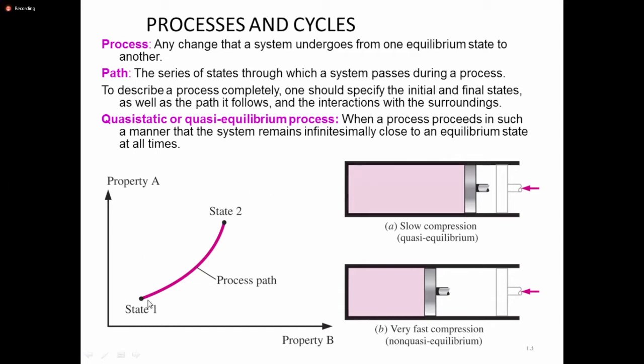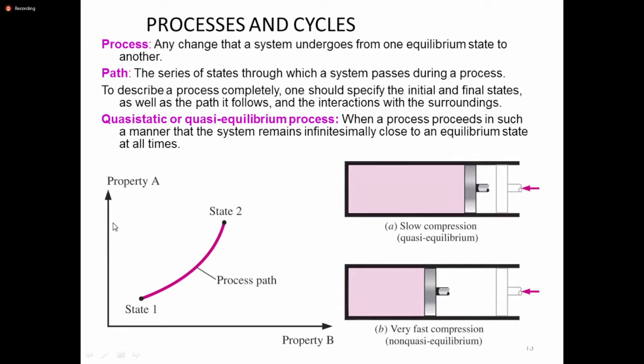Provided that when you are fixing state point 1, that means state point 1 is defined by two independent properties, as we just talked about in the state postulate, that is property A and property B. So with property A and property B, we are able to define the state that is in equilibrium at point 1, and after some time period, after the process has happened, we are able to get state point 2.